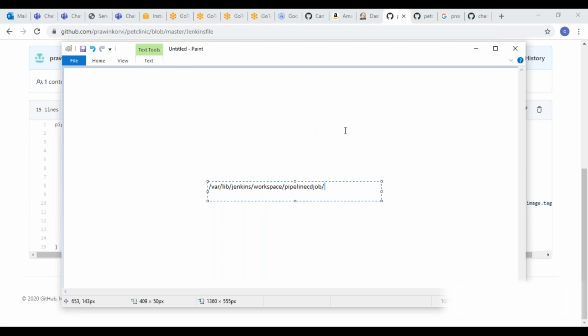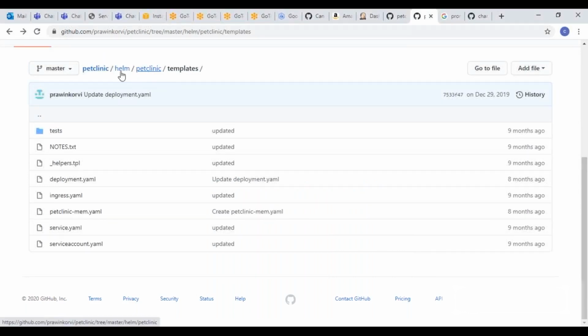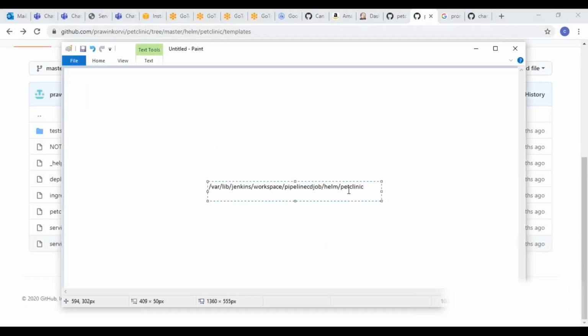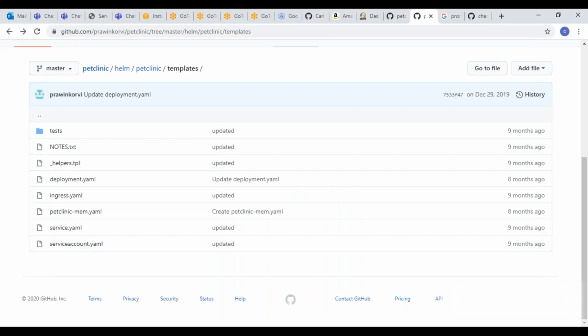So what it is going to execute: Helm pet clinic, right? Helm pet clinic. So this is what is going to be copied. Now it contains the Helm chart, the deployment.yaml file, templates directory, Jenkins file, everything will be available. So pet clinic here contains the chart, means the details, the values.yaml, everything is available, even the Jenkins file also. Now, the first step is